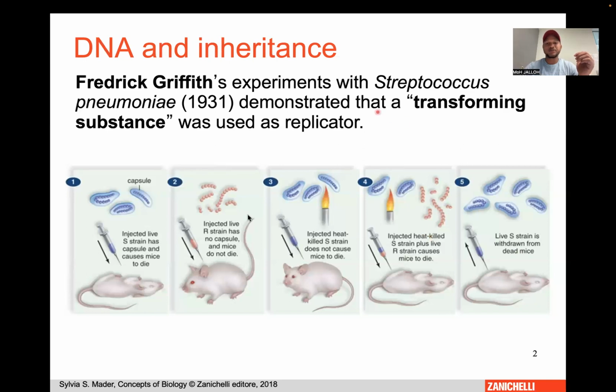So that was what Mr. Griffith discovered in this whole experiment. He realized that, yes, there's a transforming principle, but what it is, we don't know. We still don't know what the transforming principle is, but we know there is something that is causing that. Okay, so